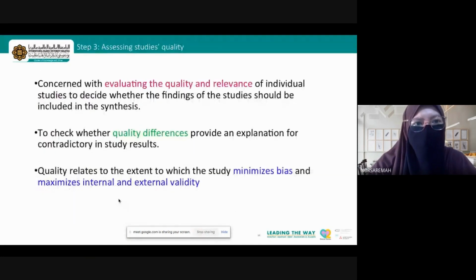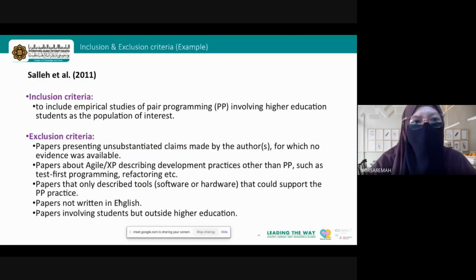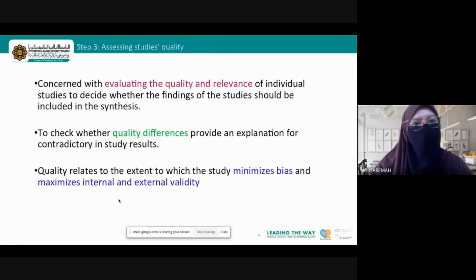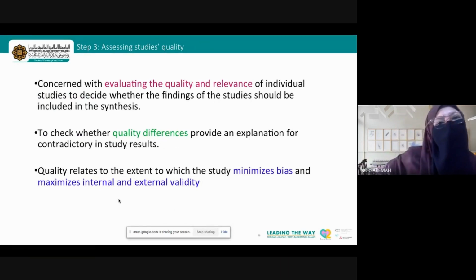So I hope you are clear now about step 2. So first you have to search, and then you have to select, and then you have to assess the study quality. So this is another thing. Assessing the study quality is not really